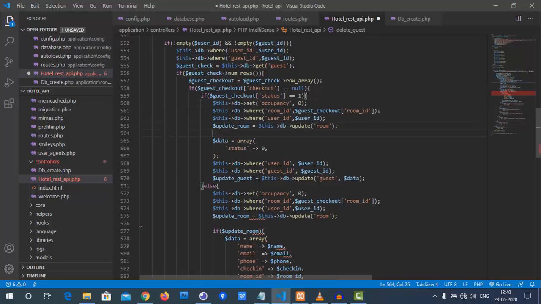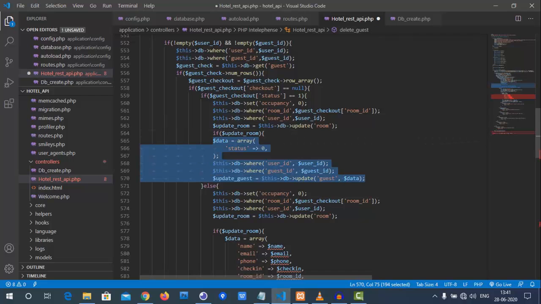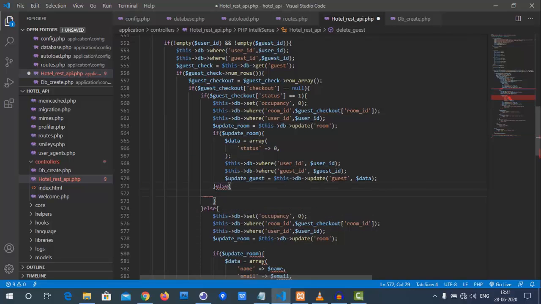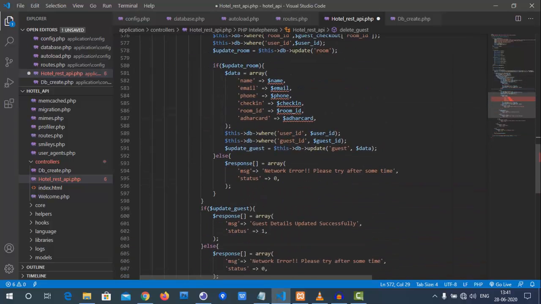So that's the reason we are setting it, and this will be update_room. And here you go with the room update. If the status is equal to 1, then we need to update the room occupancy to 0.